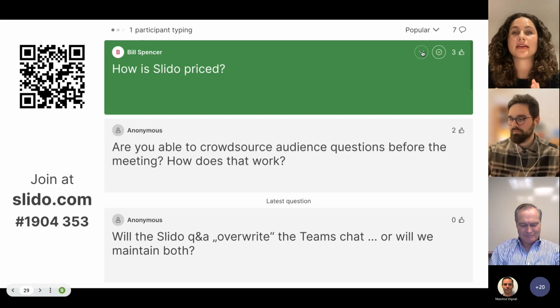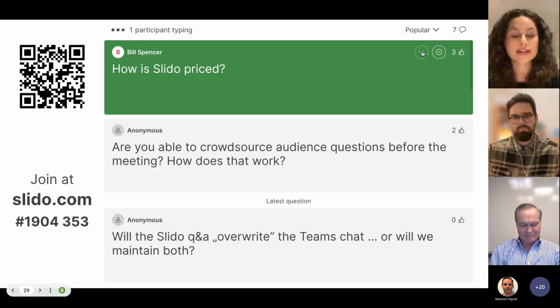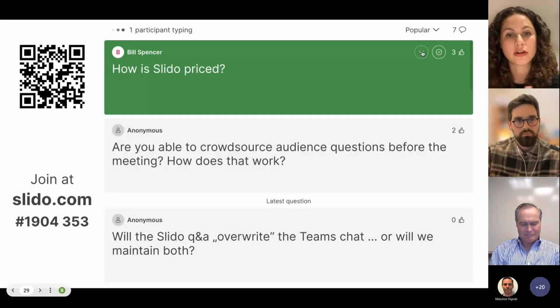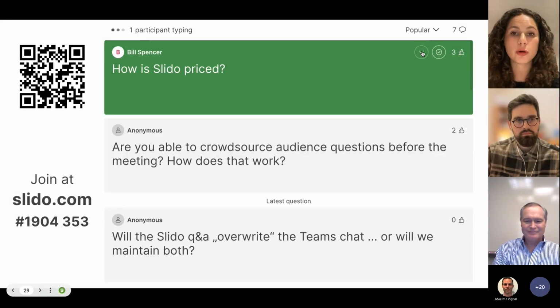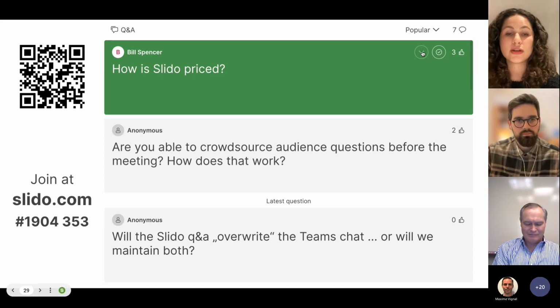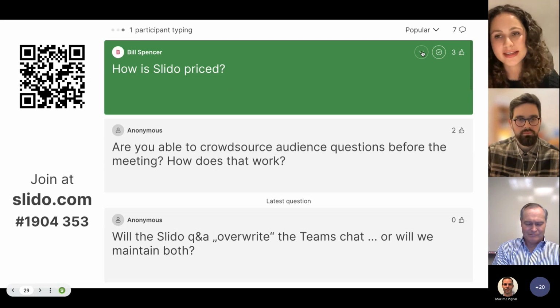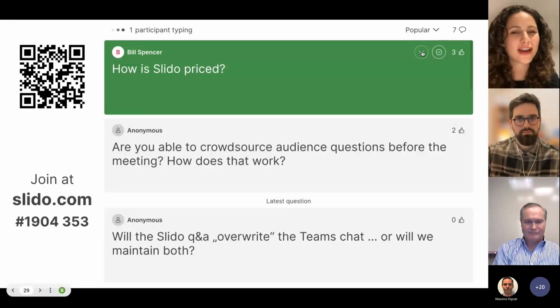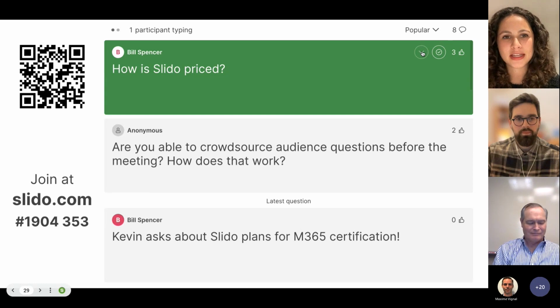So Slido has annual pricing as well as one-time pricing if you'd like to use it for one particular event that you have. We've got 4 plans in each of those categories. We do have a basic and free plan where you can use Slido. Obviously, the features are more limited, but you can still use Slido even if you don't have a plan. And it goes all the way up to enterprise, in which you would need, I believe, to consult someone for a price. Or maybe I'm mistaken. Don't take my word for that. But we've got a pricing page that I'm happy to share with you in the chat.